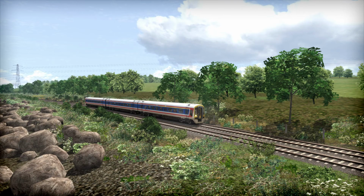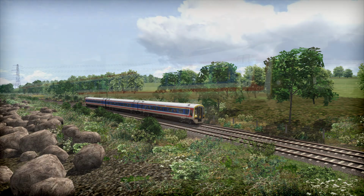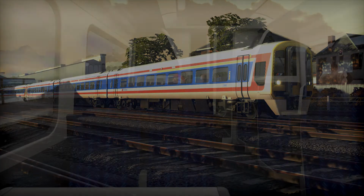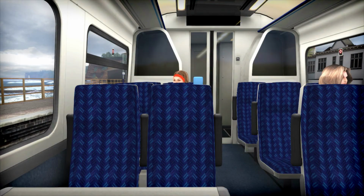Alrighty, from the guys over at Dovetail for their Train Simulator 2015, we have a new Network Southeast Class 159 add-on. So this is one of British Rail's popular Sprinter family of diesel units. Been all over the UK, you see them everywhere. It's starting to get a bit aged now, but they're a very common sight throughout the UK